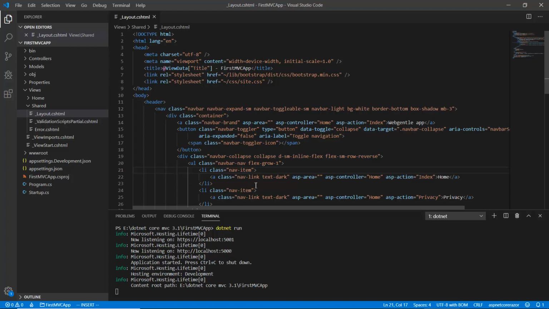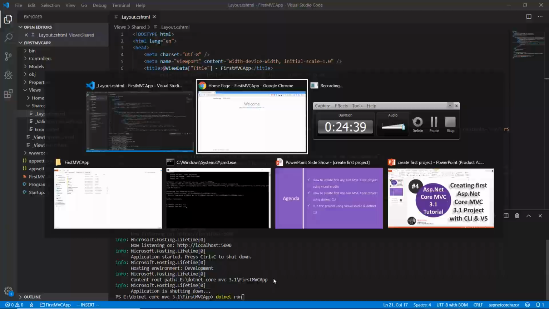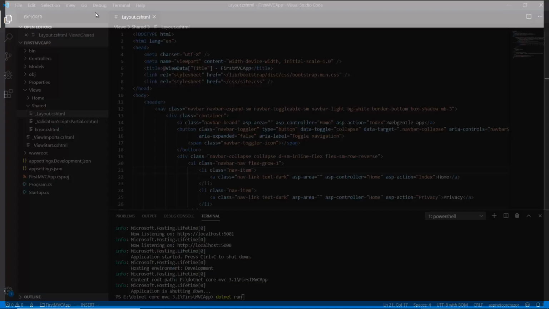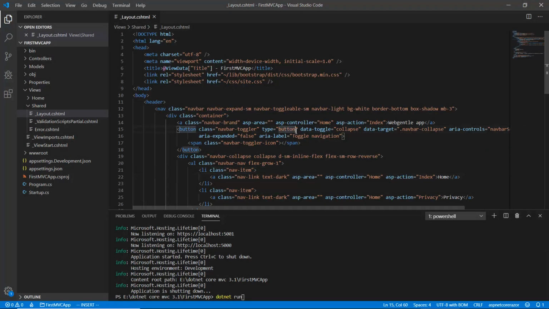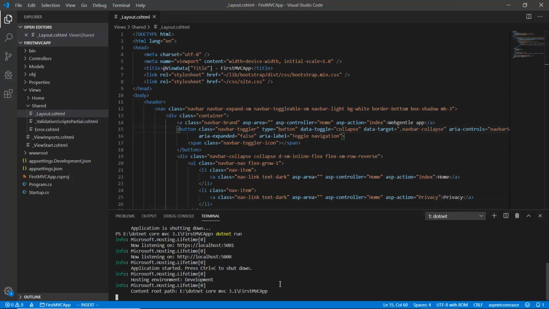To reflect these changes, we have to stop this application. We can stop the application by pressing Ctrl+C, and then we will run this application again. Let's close this application in the browser also. Let's save all the changes and run the dotnet run command again. Let's press enter. The application is running again on these links.